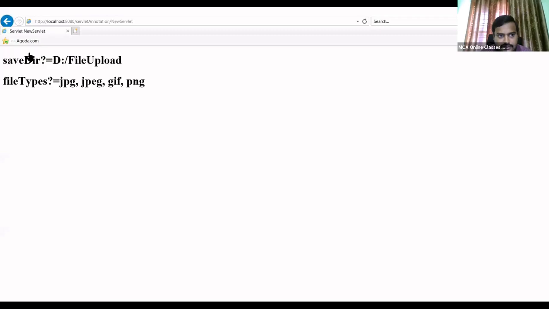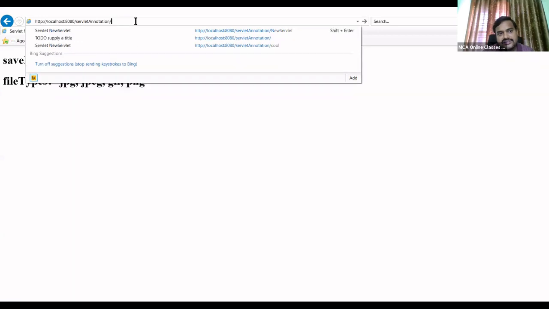Here you have given the URL pattern, right? When I click on this, you're going to get this. So this is a URL pattern. You're seeing the address bar here, right?